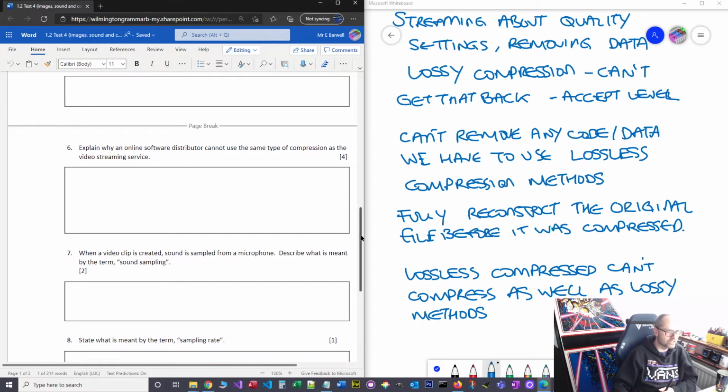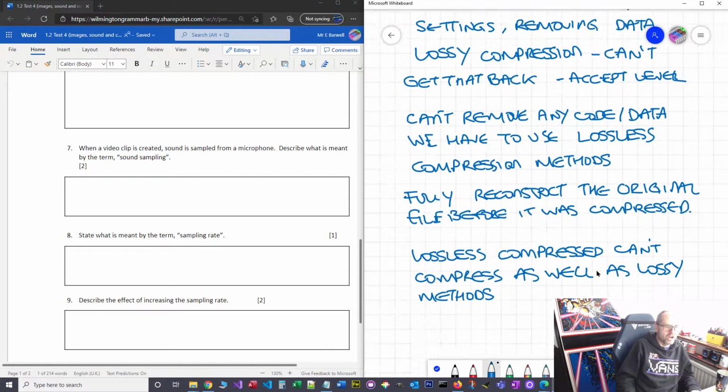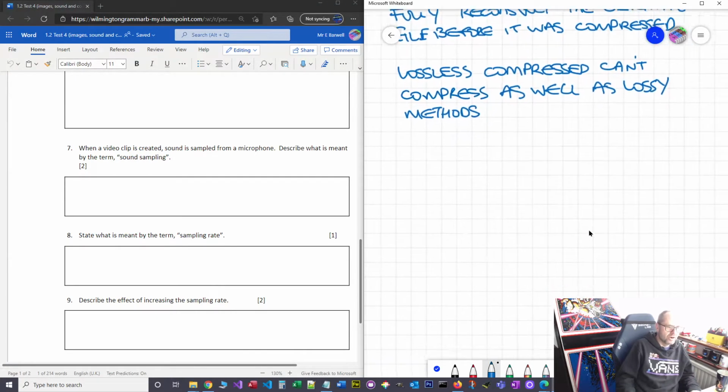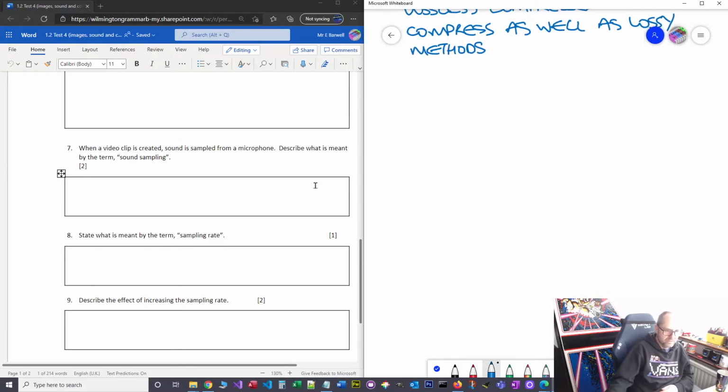Okay, so that was question 6. Right, question 7. The term sound sampling. Right, it's really important when we're talking about the audio that we use the technical terms that we've got at our disposal. All right, so sound sampling is a process, and it's a process that takes